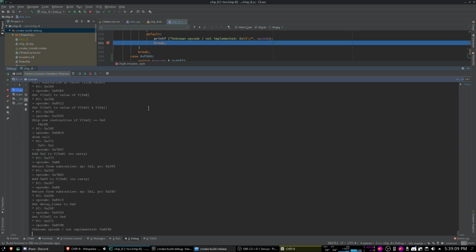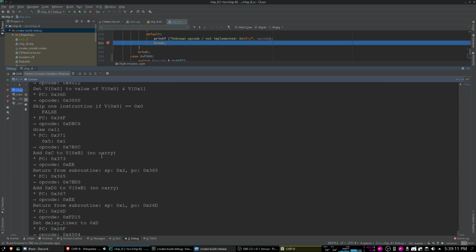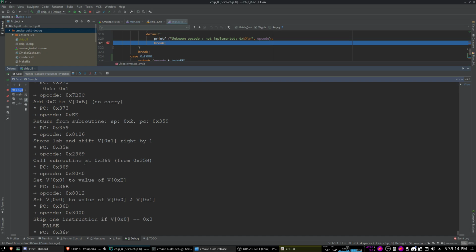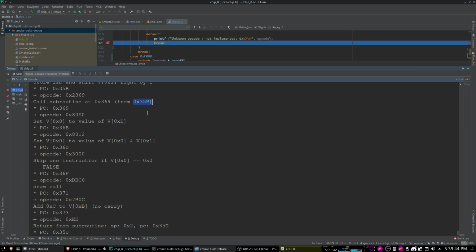If you have a little look at these messages here, you can see that we have quite a lot of debugging information. For example, this is returning from subroutines, this is storing the least significant bit, shifting right by 1, the register v1. Then we see the program counter, and then we see the next opcode and what it interpreted that as. So 2369 was interpreted as calling the subroutine at 369 from 35b, and then in a second we'll see this return 235b, well 235